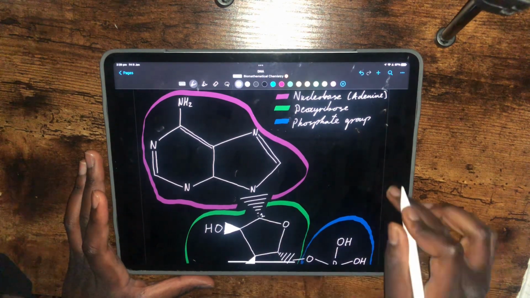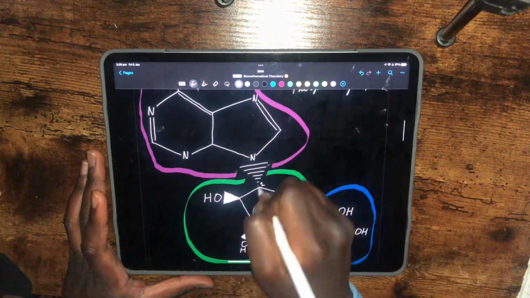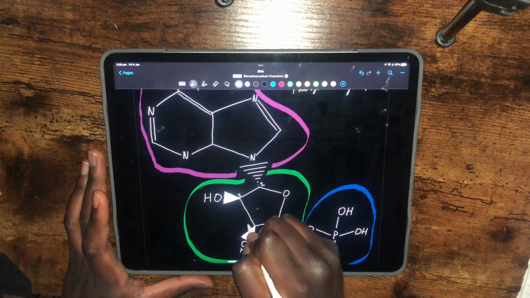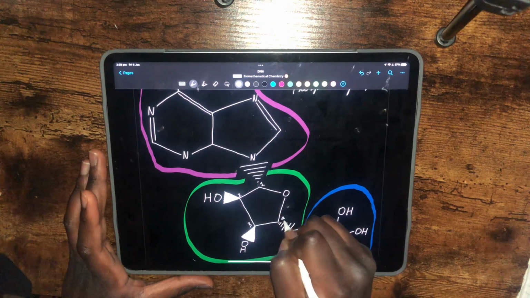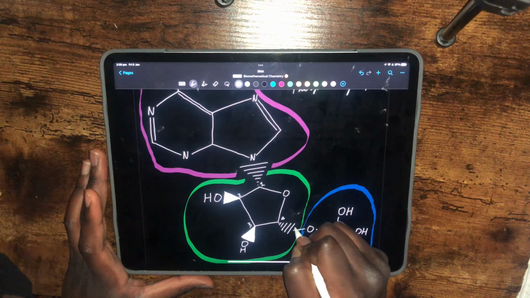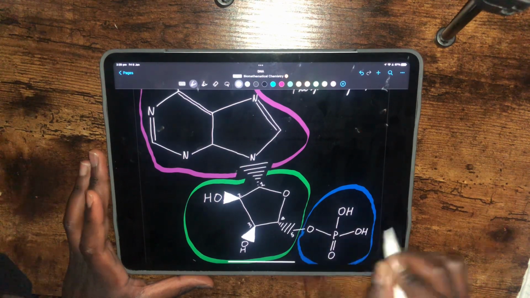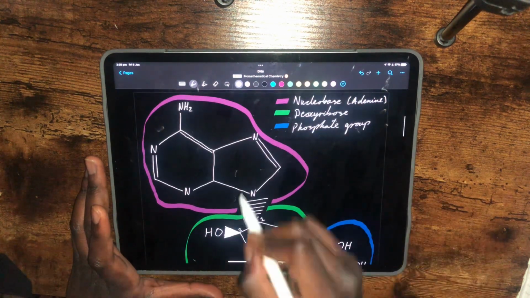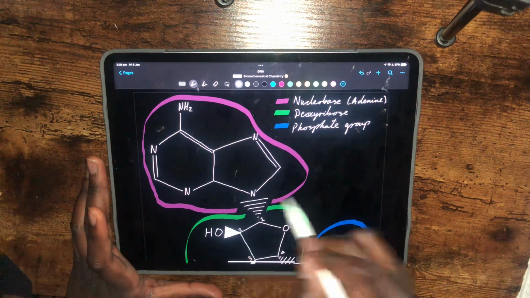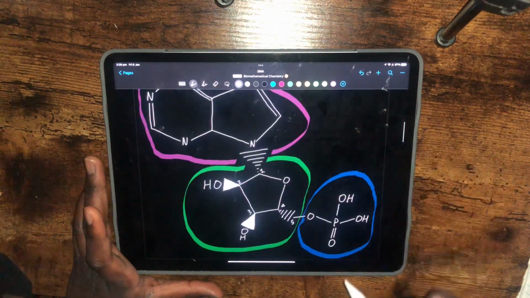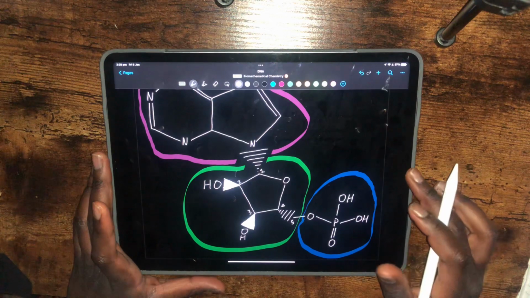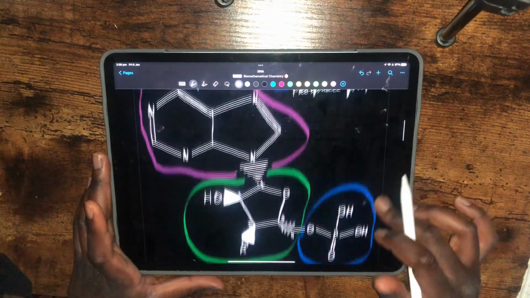And if we're going to go right like this, we say that's carbon 1, this is carbon 2, this is carbon 3, that's carbon 4, and this would be carbon 5. Right, so we said the nitrogenous base is on carbon 1, and our phosphate group is bonded to carbon 5. Now, what I said here, so you can also have 5-3